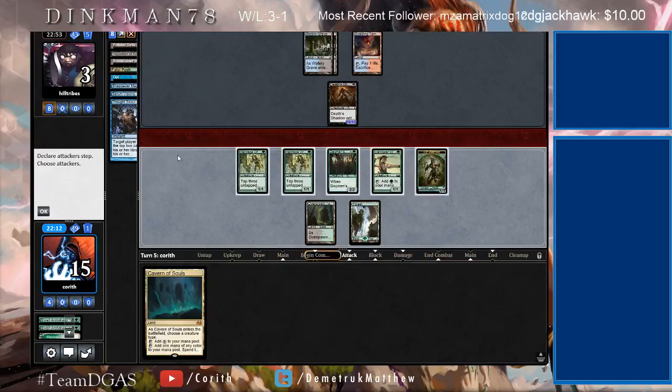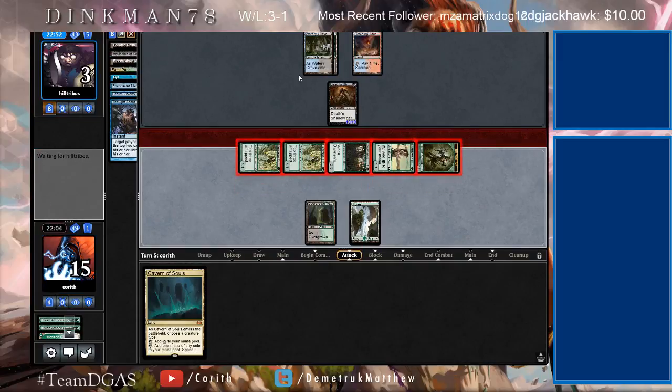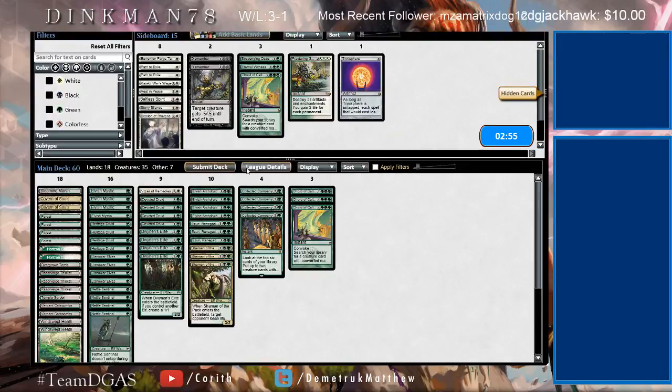So what's the worst he could do to us? He could Snapcaster Mage, or no, he can't even do that. So he can't really fetch. Yeah, I was going to say he's already over. Okay, so against Death Shadow,